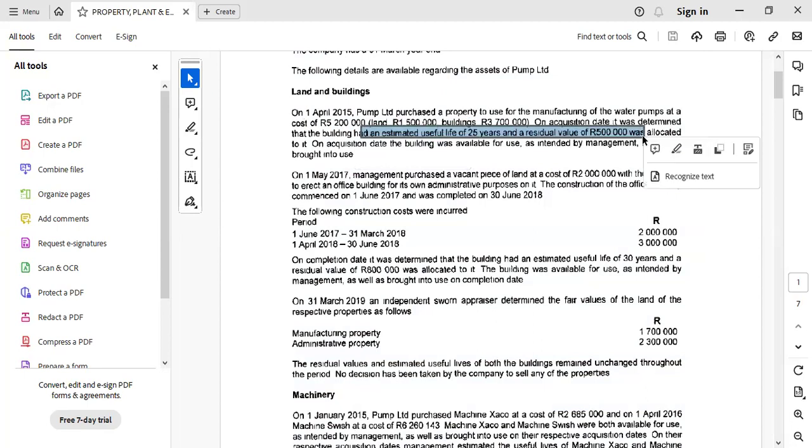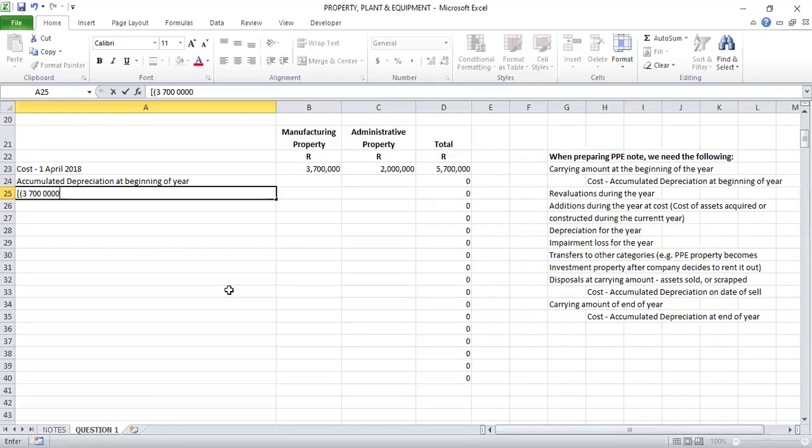So to calculate our depreciation, my friends, you would say the cost, which is 3.7 million, minus the residual value, which we are told is 500,000. I gave you this formula in the previous class. Then we divide by 25, the useful life, but then we multiply by 3 because the building had been